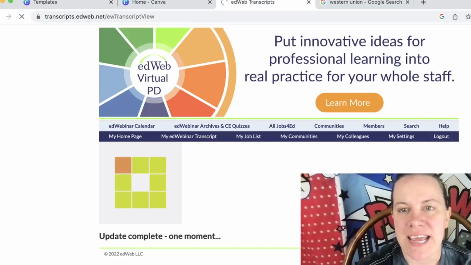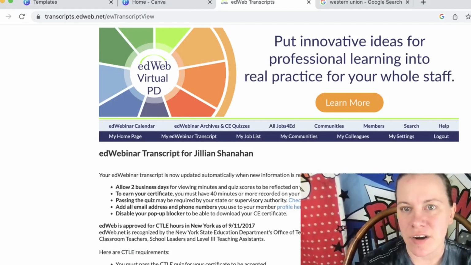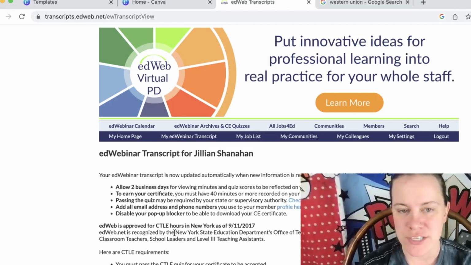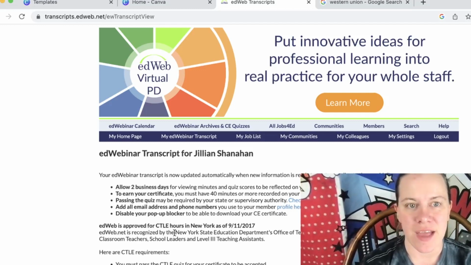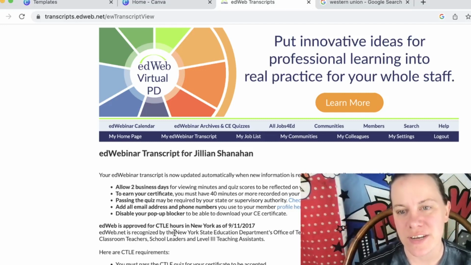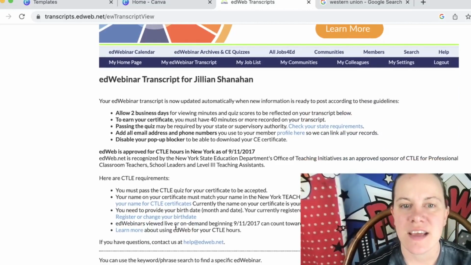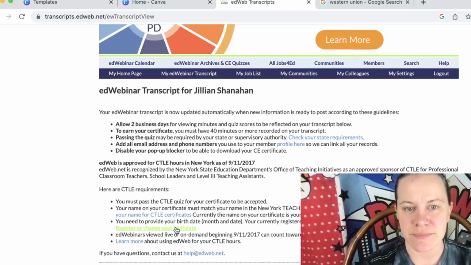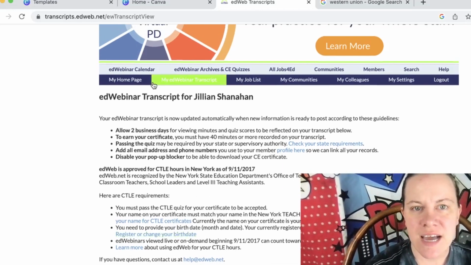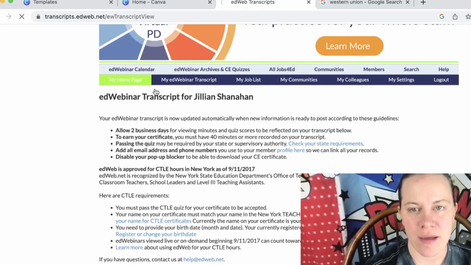anything that you've learned, and these are accredited certificates. See, they're approved for your continuing education hours in New York. As far as other states, I'm not sure, but in New York State, they actually are accredited. So as a teacher in New York State, and again, I don't know how it works in other states, but in New York State, you have to do continuing education credits, and these actually count towards them. In order to get a certificate, you have to do the class, and then you have to go ahead and pass a quiz. And I'll tell you right now, they have so many things.